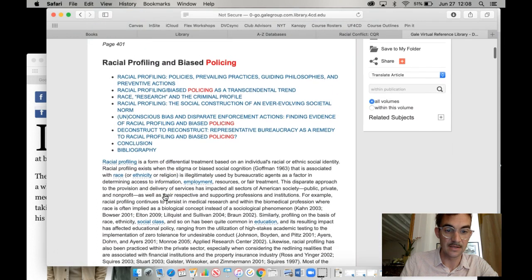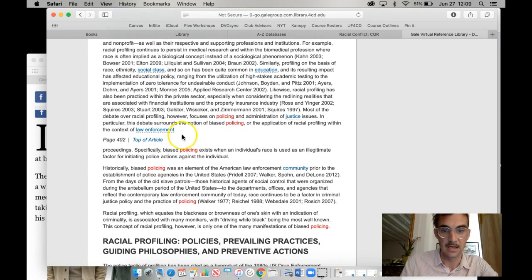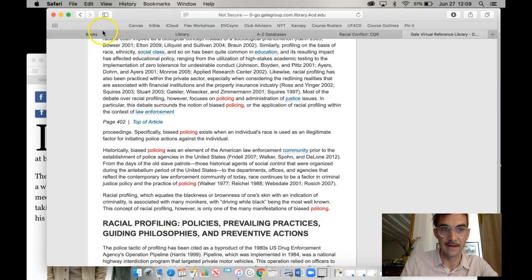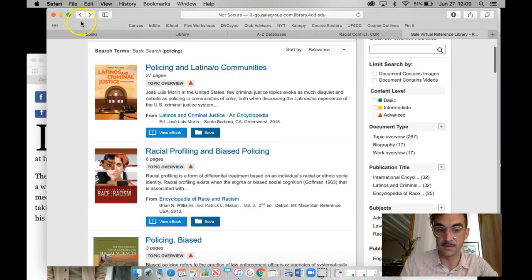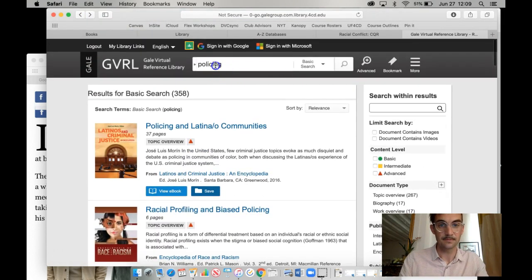And you can see here it's like an encyclopedia entry with lots of really interesting information, and it sort of collects some of the research in ways that could be useful to me. So biased policing. I can also search for Black Lives Matter movement.